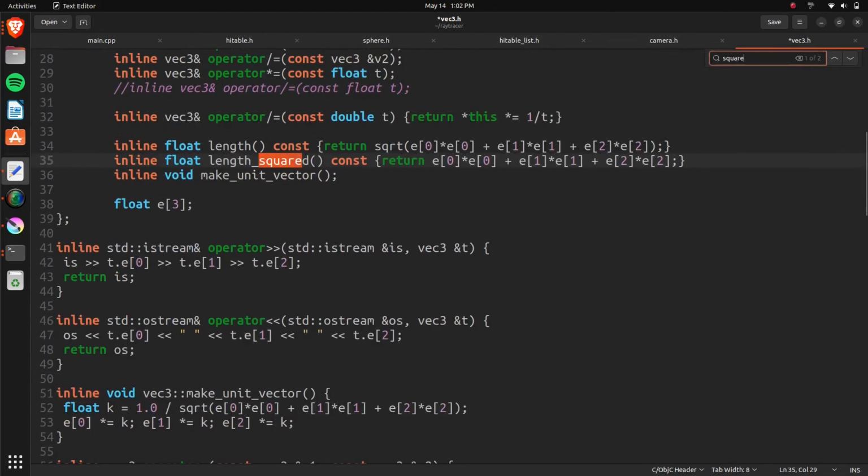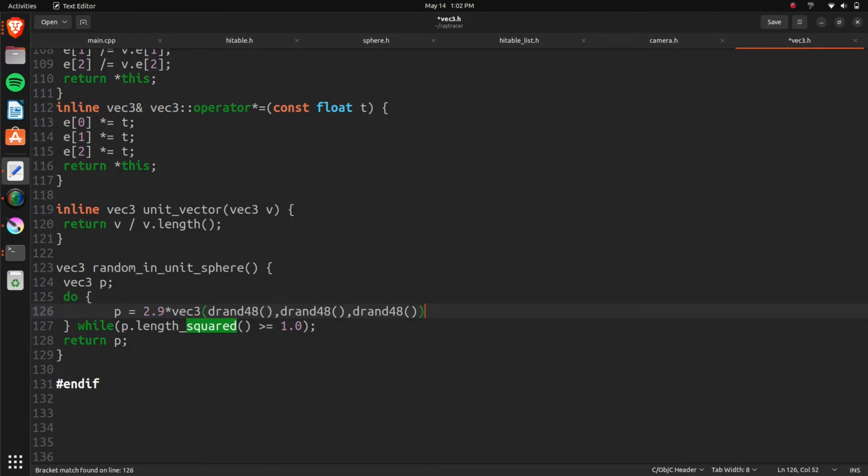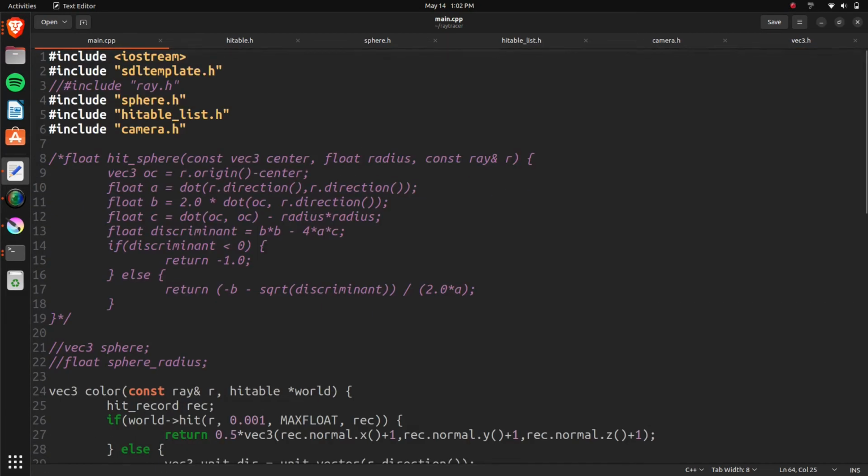The squared length or length squared? Length squared, okay. Length squared. So now we're going to want to do p equals 2.0 times vec3 of that drand48. And so you can just copy that. Close it off, and minus vec3 of 1, 1, 1. Alright, just like that. And now back in our main class, we're going to want to change some of this